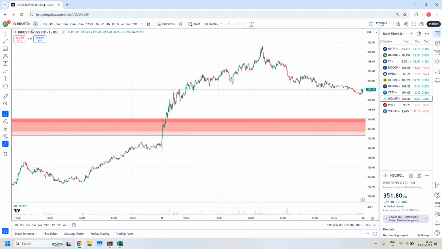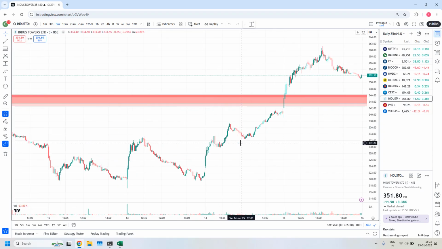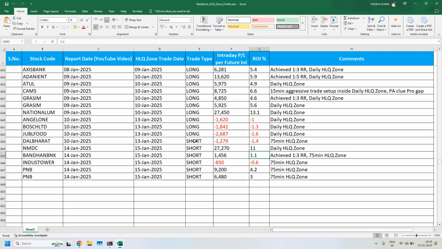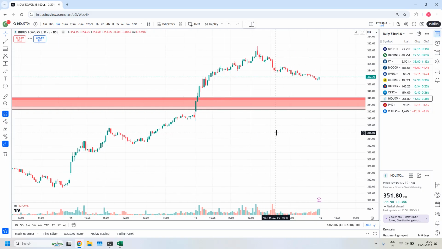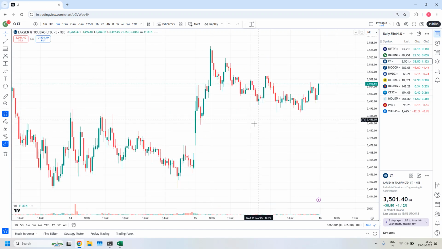So this is the stopped out trade, Indus Towers. So how much loss did we get? Indus Towers has given 850 rupees loss, which is 0.6% negative ROI. It's a very small loss. So these are the executed trades today, and the remaining stocks' prices did not enter, but let me quickly explain